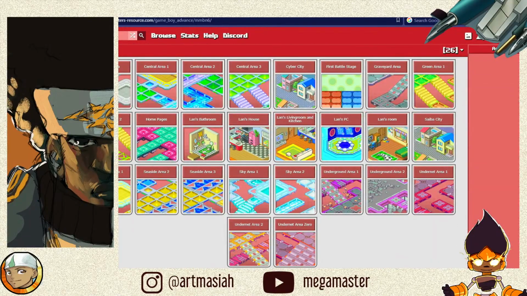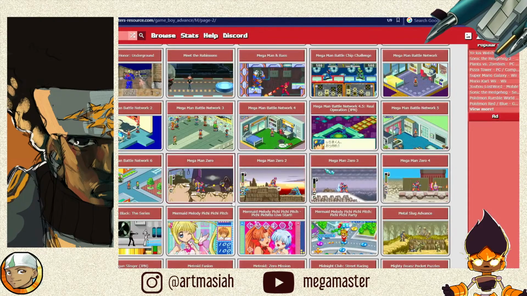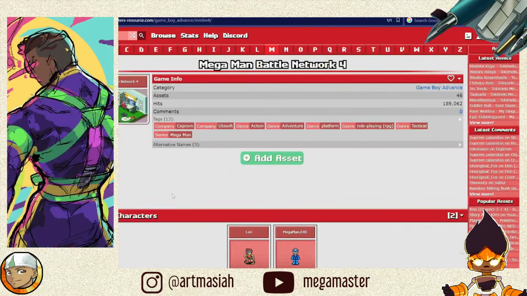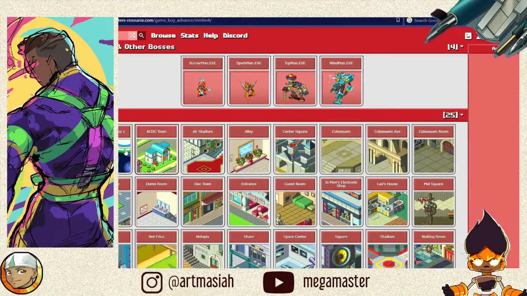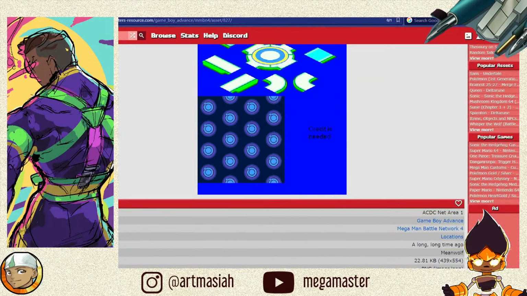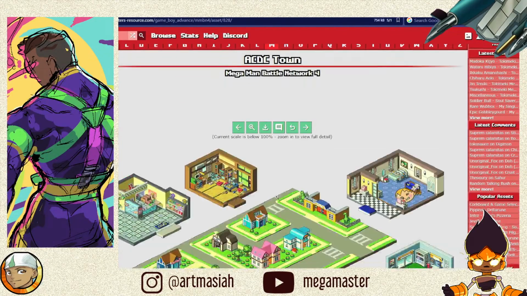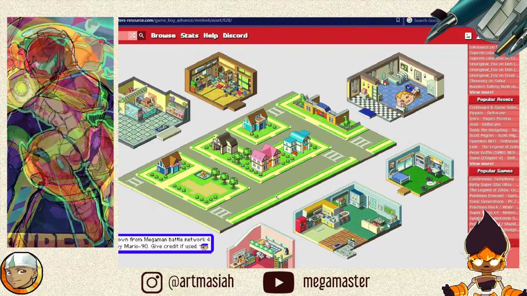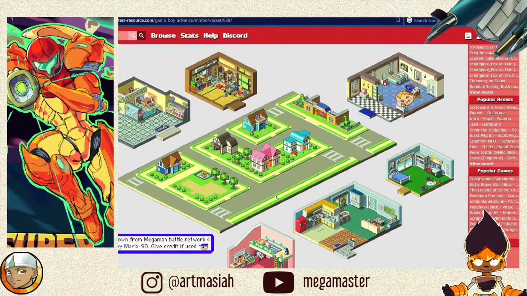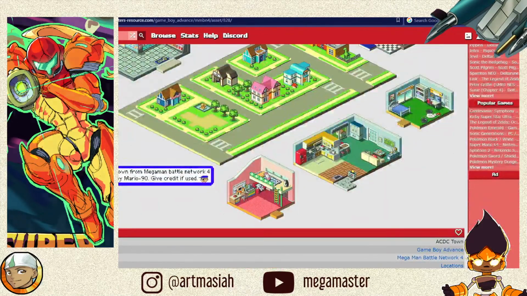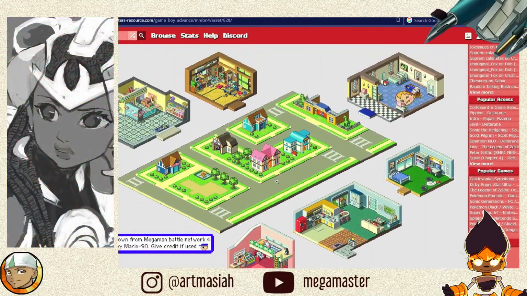It's Mega Man Battle Network 6. We're gonna go back to Mega Man Battle Network 4, and we're just gonna go through each and every one of these real quick. See if we can't find a freaking light. You'd think it would be fairly easy to find, but clearly not.